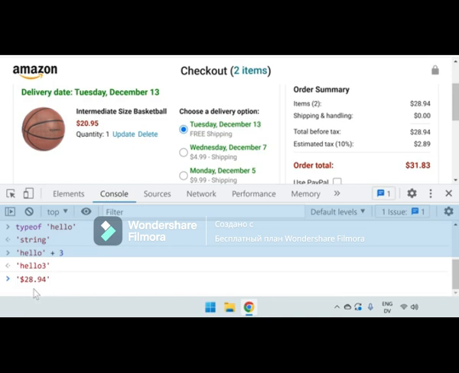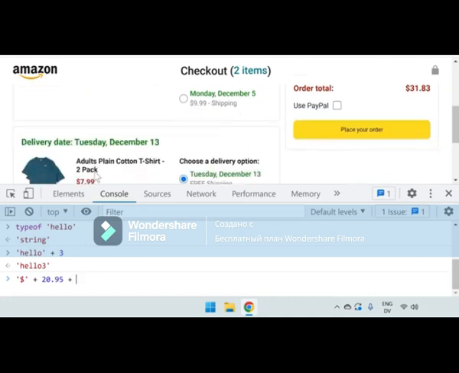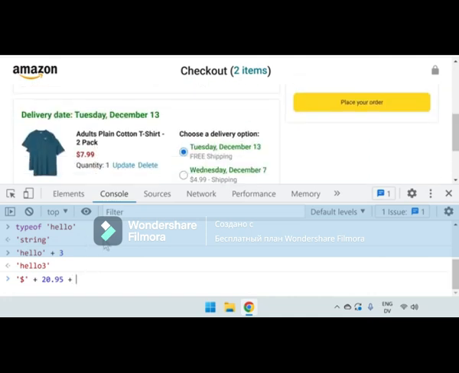So instead of typing out 28.94, we're just going to create the string $ sign plus, and we're going to calculate this number using math. So we're going to add the cost of the basketball, which is $20.95, plus the cost of the t-shirt, which is $7.99. If we press enter,